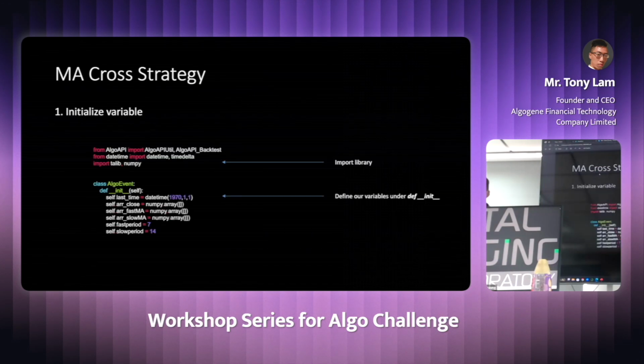And now we go to the implementation. So first of all, as mentioned, we need to define all those trading parameters, or those variables, at the initialization step. So for example, we define the fast period and slow period, like a 2-day and a 14-day. We also need to define a variable to store the level.